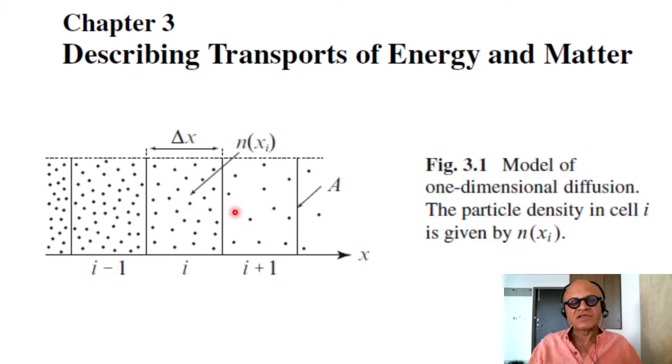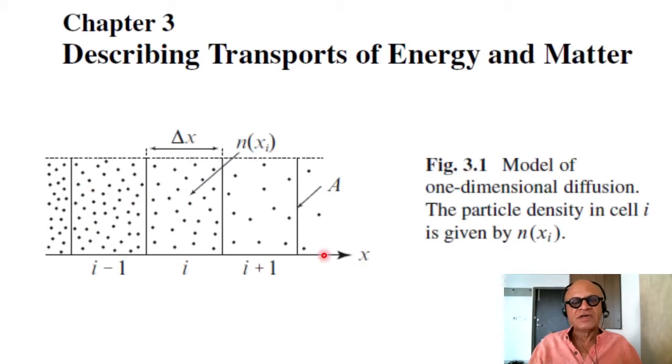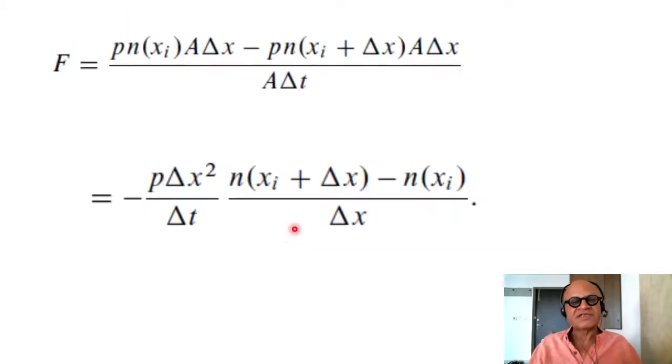So it'll be the flux in this direction minus the flux in that direction, so p times n(x_i) times a delta x, where a is the height or the interface extent, so that a delta x is the volume. So you have a times delta x times probability times n(x_i) going from the ith box to the i plus first box, and the i plus first box has